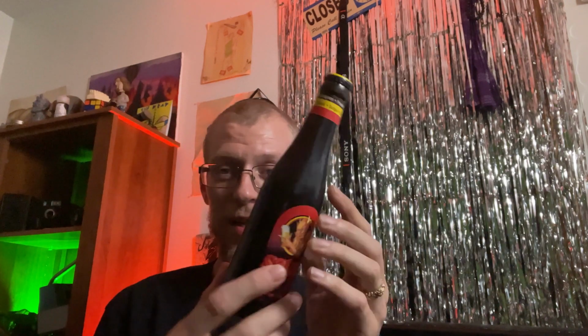Anyways, give these beers a try. Before we go, I got one too. This is Satan Red Belgian Ale. Now, I don't even know where to get this. I don't know if they still make it. This one's never been opened. I got it at Alamo Draft House in Austin in, well, probably